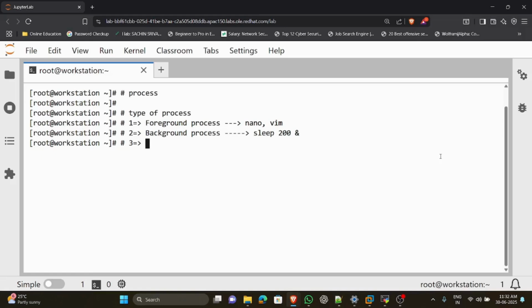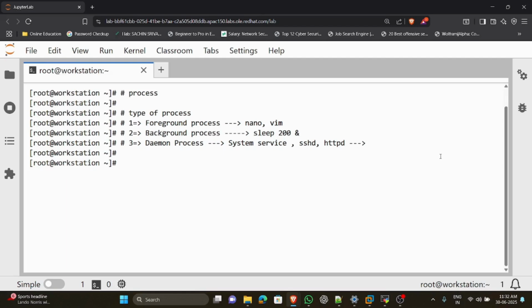Then daemon process. Daemon process means system service, just like sshd, httpd. So it is known as daemon process. So there are some types of process, and if you want to check the process information in your system, then